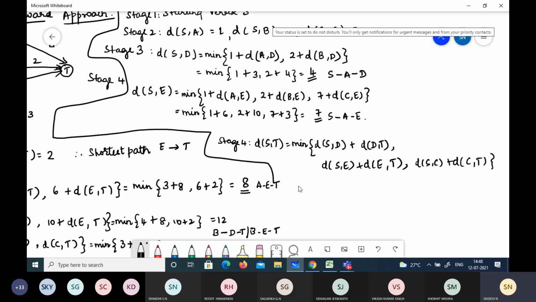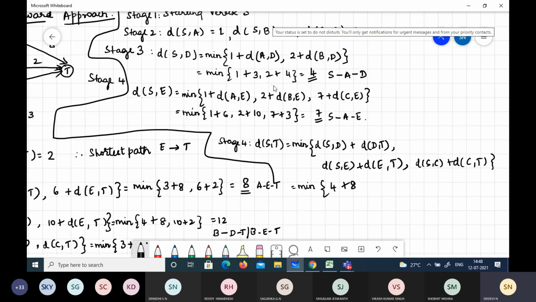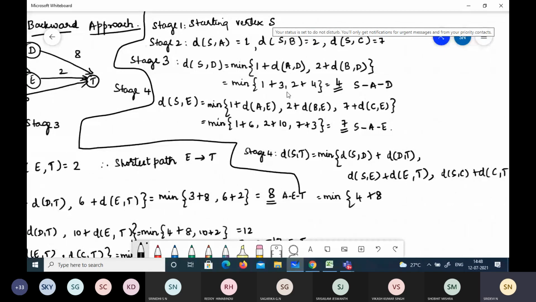Okay. When I substitute the values, we have S to D, I know 4. 4 plus what is the distance here? According to this, it is 8. Then S to E, I know it is 7. 7 plus 2, this value.